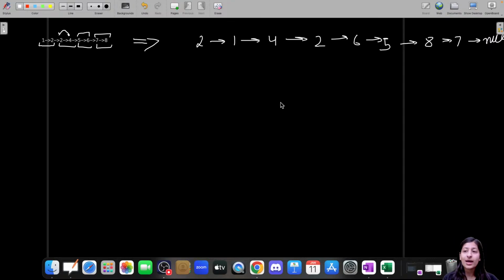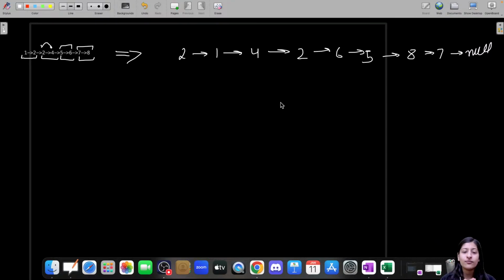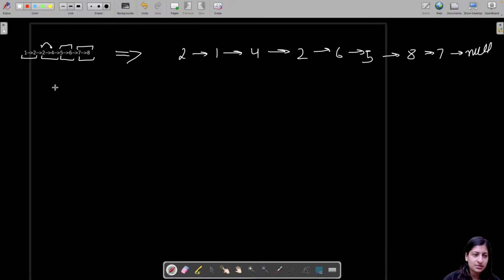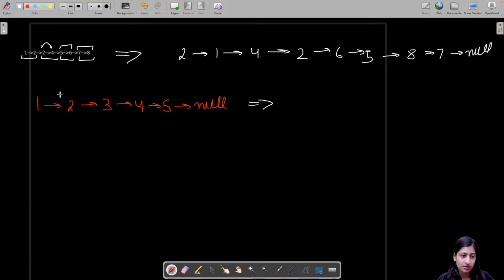Fine. So in case you are wondering what if I have an odd number of nodes, in that case also, let's have a look at the problem. For example, I have 1, 2, 3, 4, 5. So the resultant of this linked list by swapping two nodes at a time,